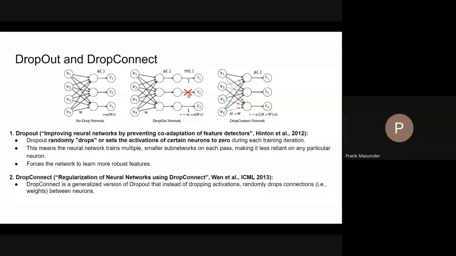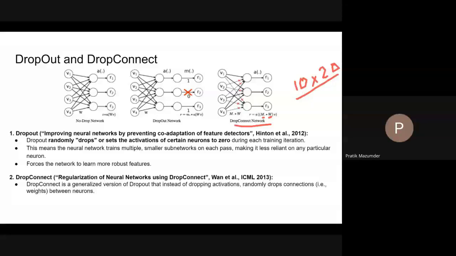But for your drop connect setup, this multiplication factor actually gets multiplied to the actual weight, so individual regions in your weight. Suppose you have a layer that converts an input of size 10 into an output of size 20, so you actually have a weight of size 10 cross 20. That gives you 200 positions. Some of the positions will be zeroed out by the drop connect network, instead of deleting one